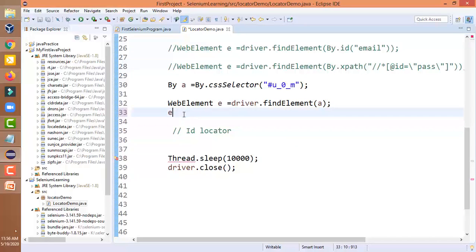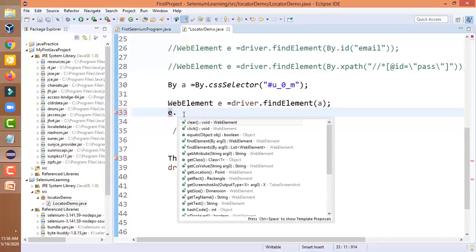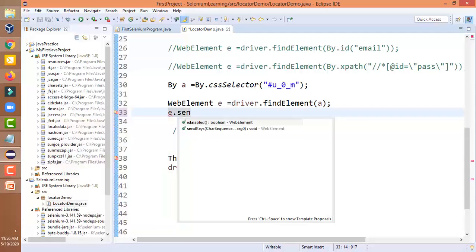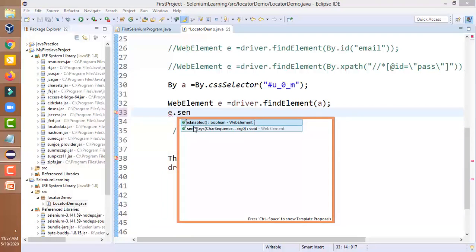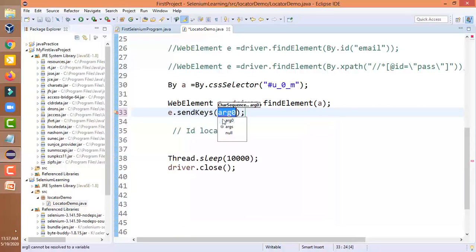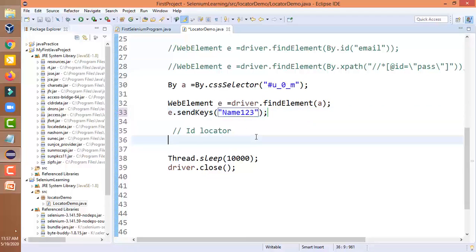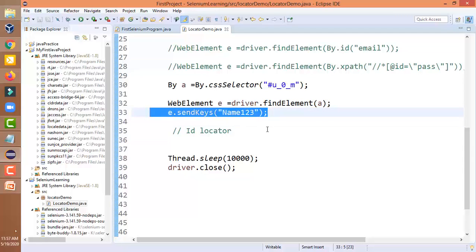So as of now, e dot sendKeys, and any name. If we enter any name, it will print that name in that location.